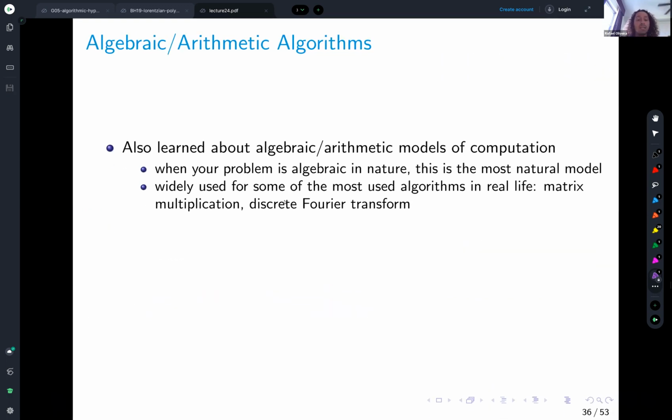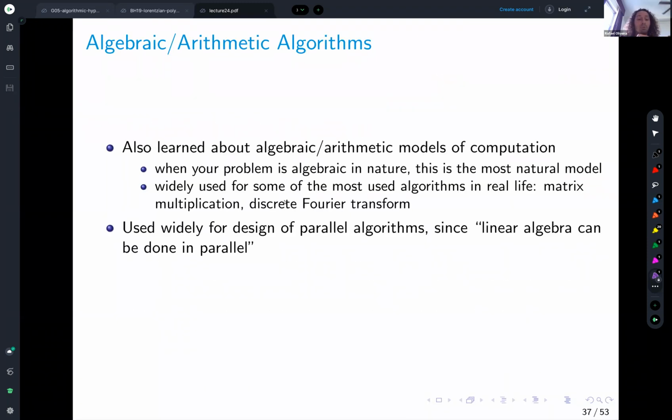And it's widely used for some of the most used algorithms in real life. What are the most used algorithms in real life? Well, matrix multiplication and discrete Fourier transform are two of the top three algorithms that you'll ever use, right? Sorting is probably the first one, and then those two come second and third, right? So it's arguably very applicable,